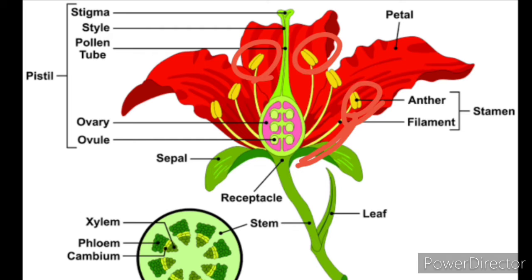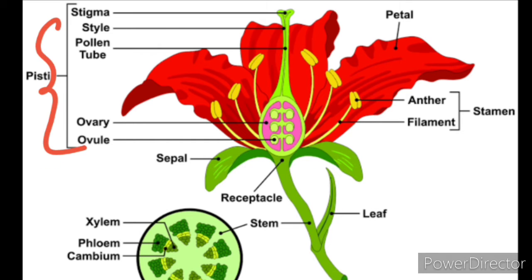This is the gynoecium. Gynoecium is the female part of the flower, and this is made up of the ovary, style, and the stigma. Now here you can see, isn't it? So this is the female part of the flower. It consists of the ovary. Here you can see the bulged structure inside the flower, that is called the ovary, inside which you have the ovules, right? So these are the ovules on either side, you can see, isn't it? So these are the ovules. Next is the stigma. Here you can see the stigma at the tip, isn't it? So that is called the stigma, and the filament-like structure is called the style. Now here you can see a filament-like structure, so that is called the style.